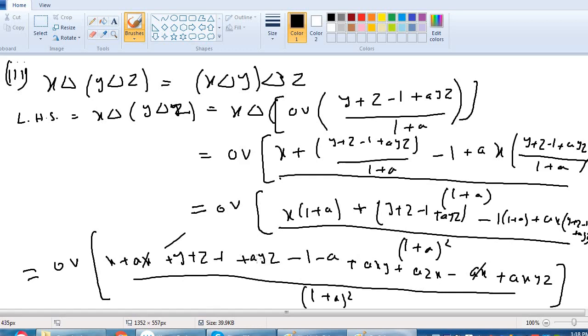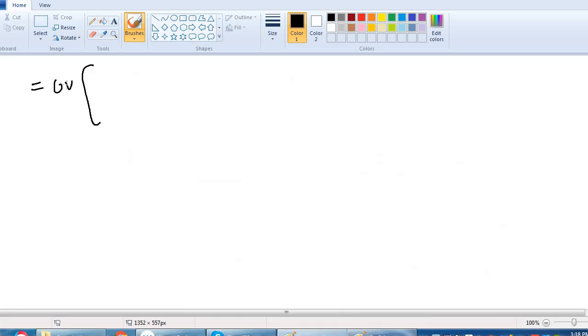So in this way we can write here x plus y plus z, x plus y plus z plus a is common, then inside we get xy plus yz plus zx